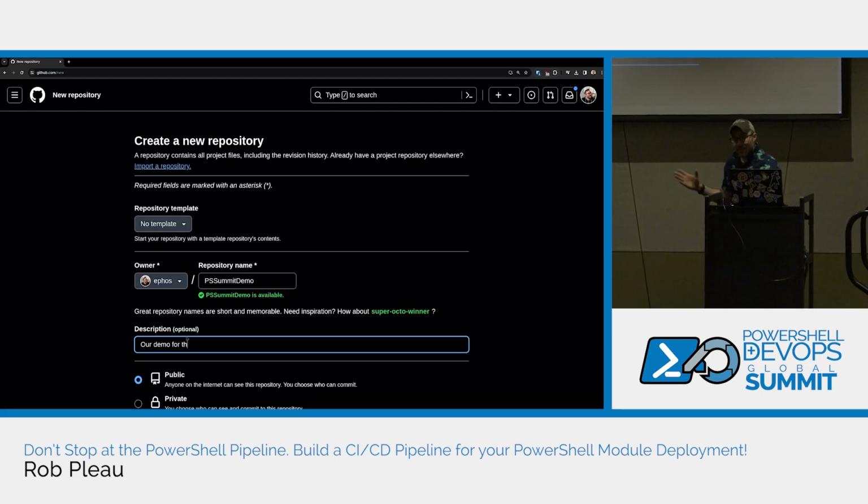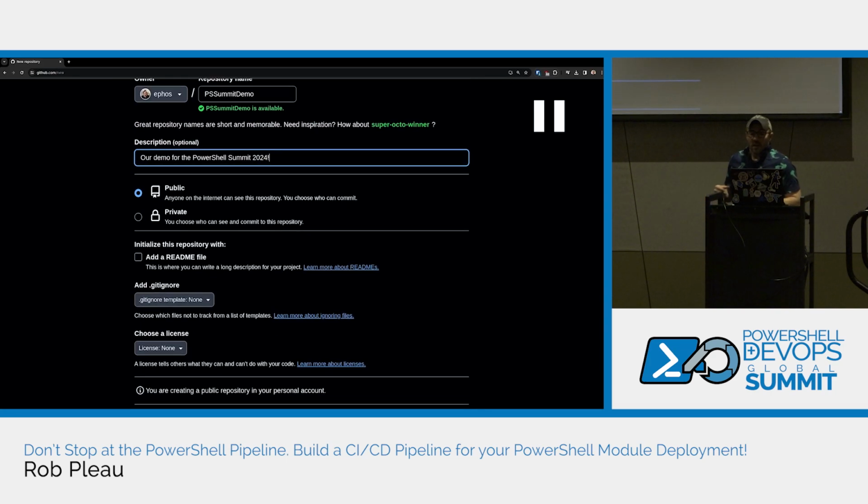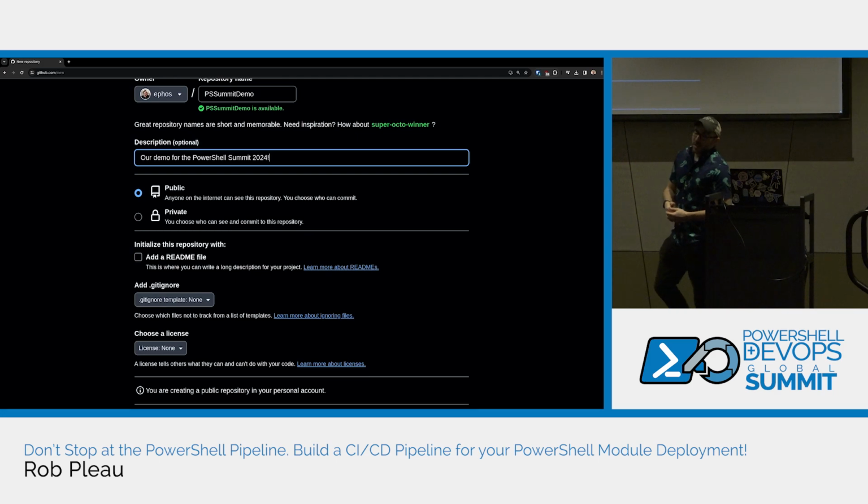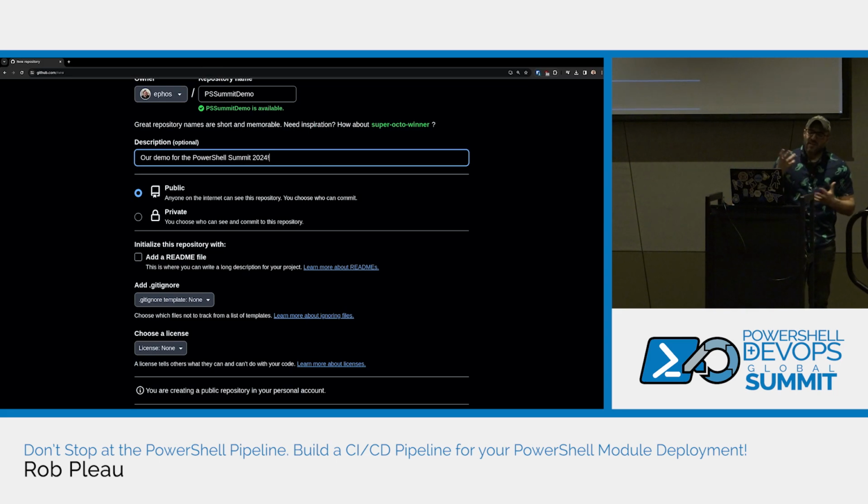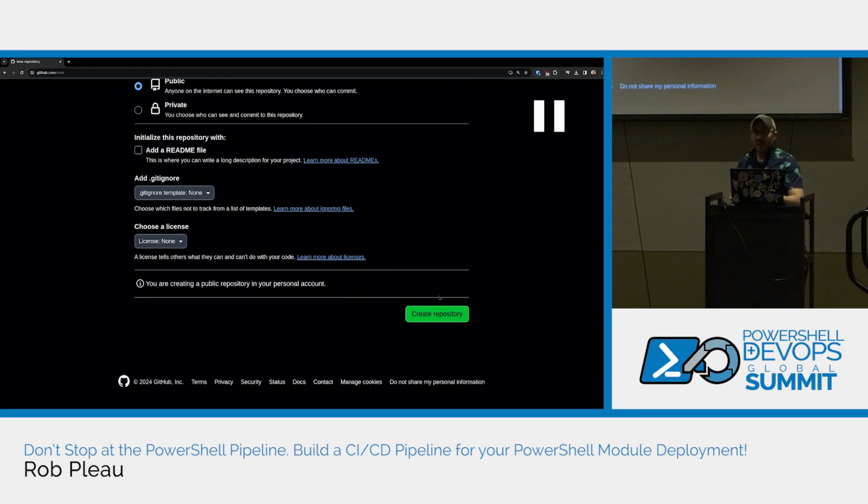We're going to give it a nice description. You don't have to do this, but people will see it. I'm going to make this public because this is going to be a publicly accessible code base. If you don't want to do that, you can make it private. If you're using GitHub internally at work, it kind of depends on how your orgs are set up. If you want people in other orgs in your GitHub tenant to be able to see it. We're not going to go crazy with the GitHub stuff. Just know I'm leaving it public. And